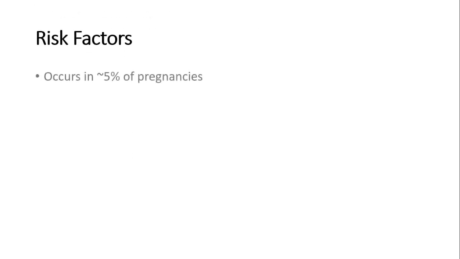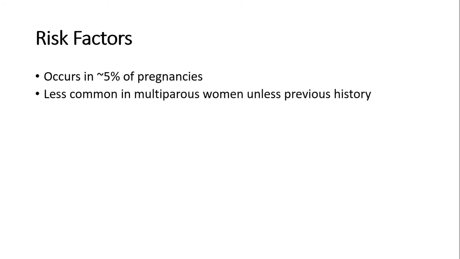So now to risk factors. It complicates around 5% of pregnancies, but that can be anywhere between about 2 and 8%, depending on where you are in the world. It's less common in multiples unless they have a prior history of it. If they've had prior preeclampsia or an intrauterine growth restricted pregnancy, then they're at more risk of having another preeclamptic pregnancy. And the reason IUGR is linked to it is because it shares a similar mechanism to preeclampsia, but we'll